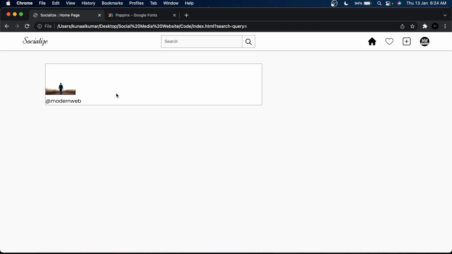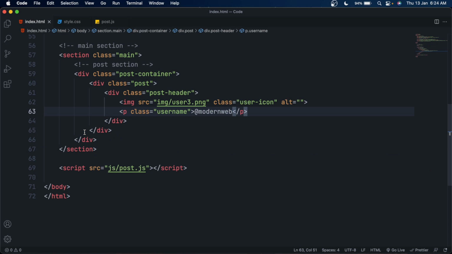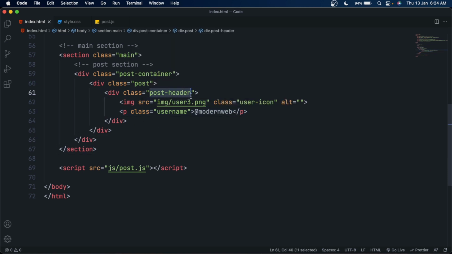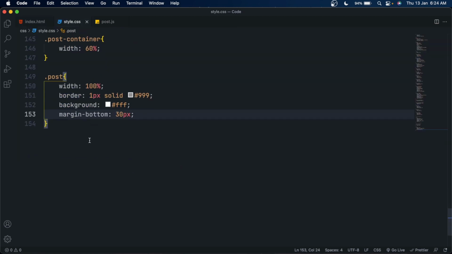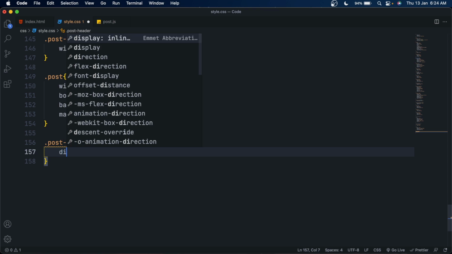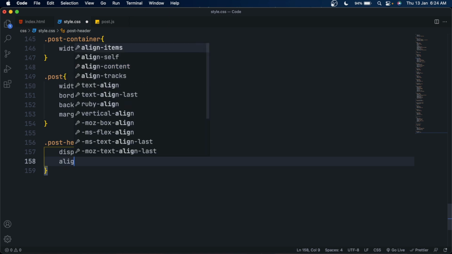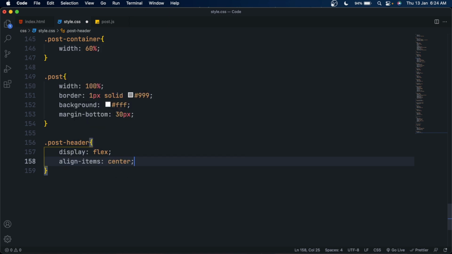Great. Now let's style it. Copy this post header class and paste it inside the style.css file. And here set display to flex to make the image and the username side by side. And also set its align-items property to center to make the image and username perfectly centered.